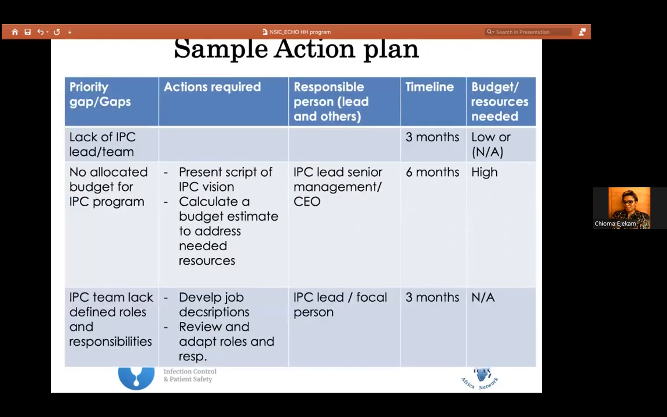So I put up just a sample action plan. Disregard the fact that I didn't put an action here. What I did here was to pick up a few things just to look at the budget or resources needed. If you don't have an IPC team, you don't necessarily require a budget or funding to set up a team that is existing in your facility. And I always say, when you do this, make sure you lead by good example. Work within your timeline. You don't want to go back to your management and you have put certain